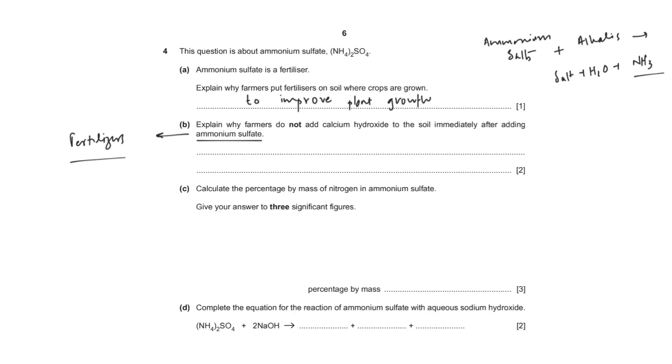So, calcium hydroxide is not immediately added. Why? Because ammonium salt is also there, and if you add calcium hydroxide to it, this reaction would happen, and ammonia would be released, which will cause a loss in mass of nitrogen. Nitrogen content would be decreased in the soil, and the whole point of adding ammonium sulfate was actually to introduce nitrogen into the soil because it is one of the major nutrients that plants need. So, what will you write here? You will write that we do not add it because ammonia is produced, or a better word would be ammonia is released,